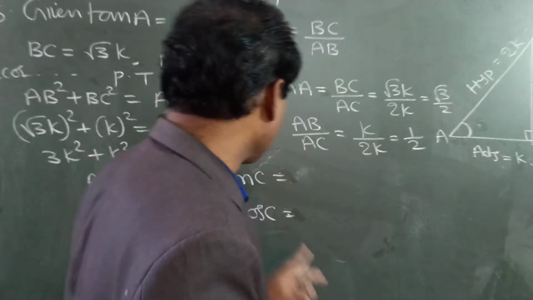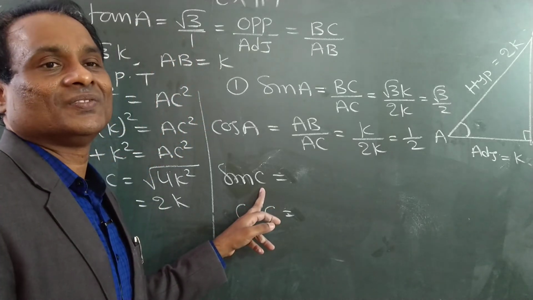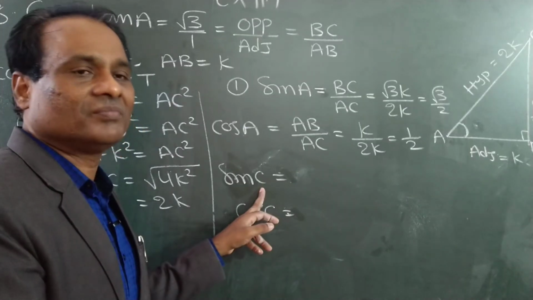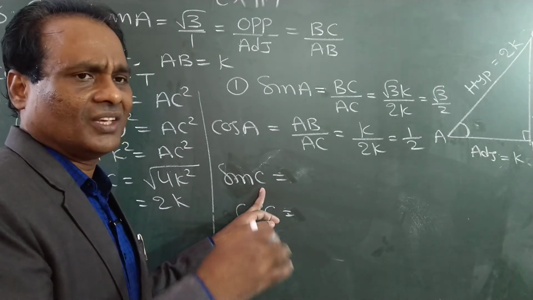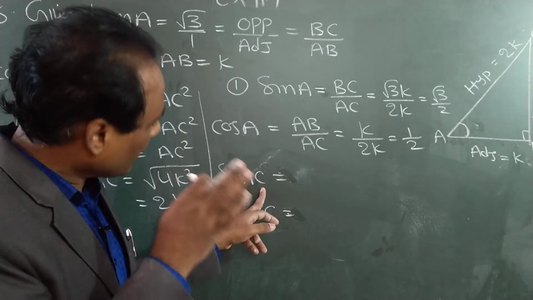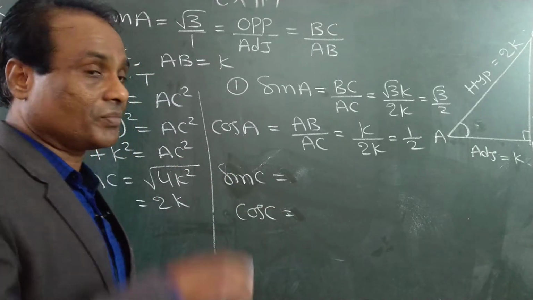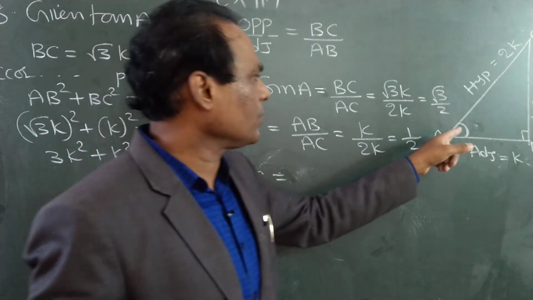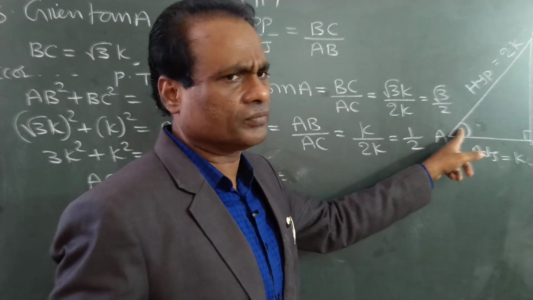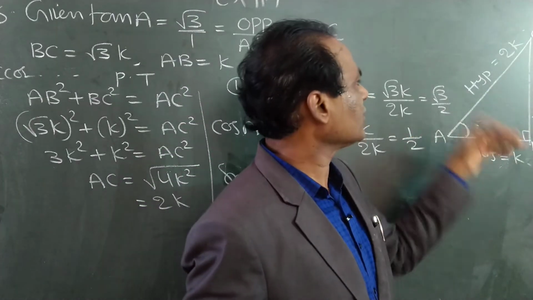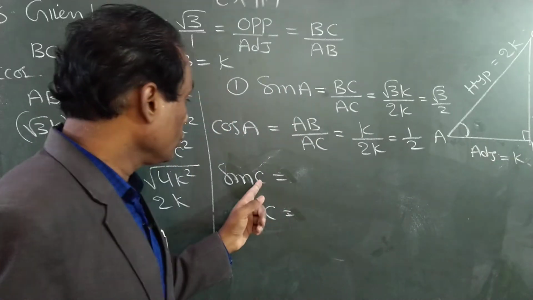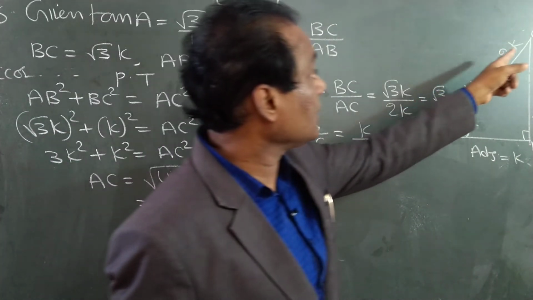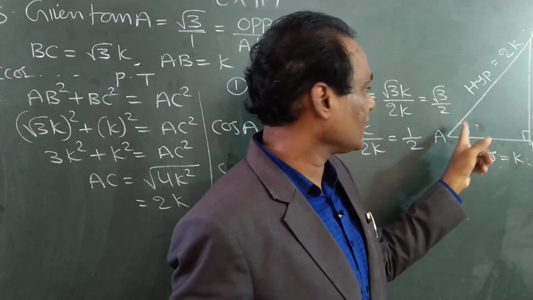But now we are taking angle C. This is, I think, the 4th class, so in these 4 days, this is the first time we are using this concept. In all the previous problems, we took this angle only. With respect to it, this is opposite, this is adjacent, hypotenuse, every time like that only. But in rare cases we need to take angle C. This angle we have to take, not this angle.